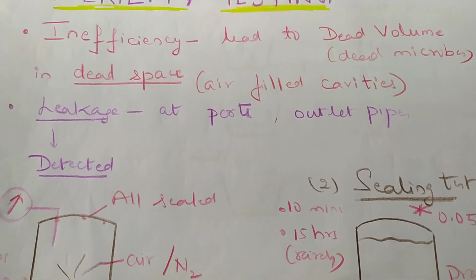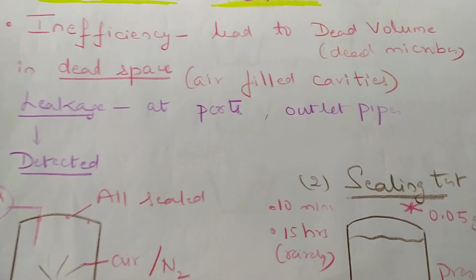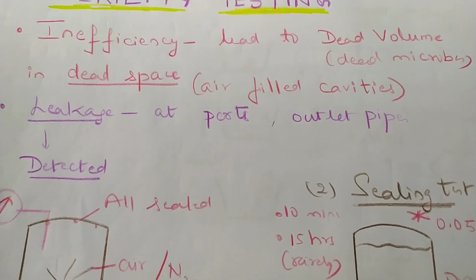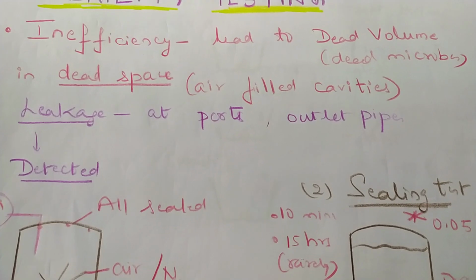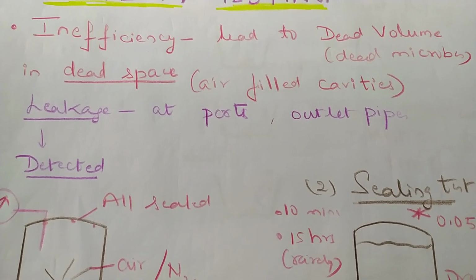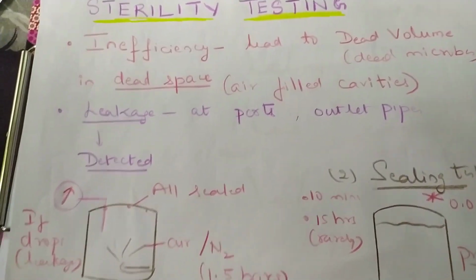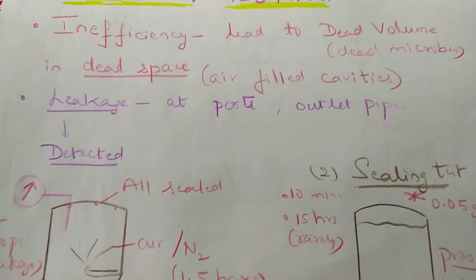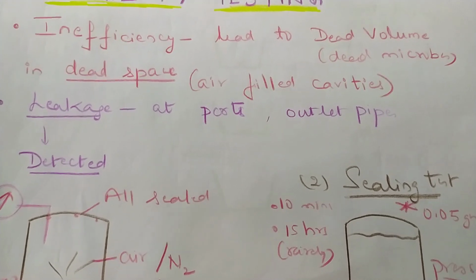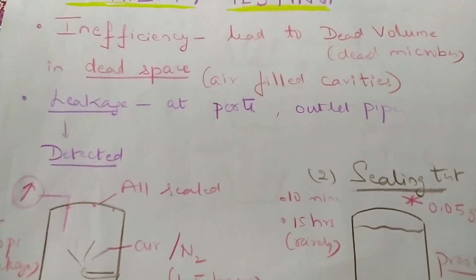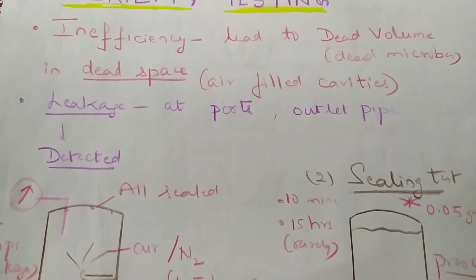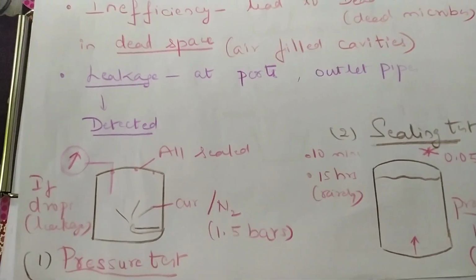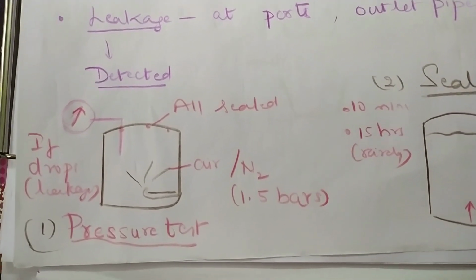Another thing is that leakages do happen sometimes because a lot of piping will be there. Leakages will occur at the inlets, outlets, pipes and all. That can be detected. How can we detect it? Let's say you have bought a food can. If there's a very small pinhole, how do we identify it? There can be leakage, there can be air entering. That is a different concept, a food-related spoilage. Here I'm talking about leakages. If there's a worn out pipe, how do we detect it? That can lead to contamination, right?